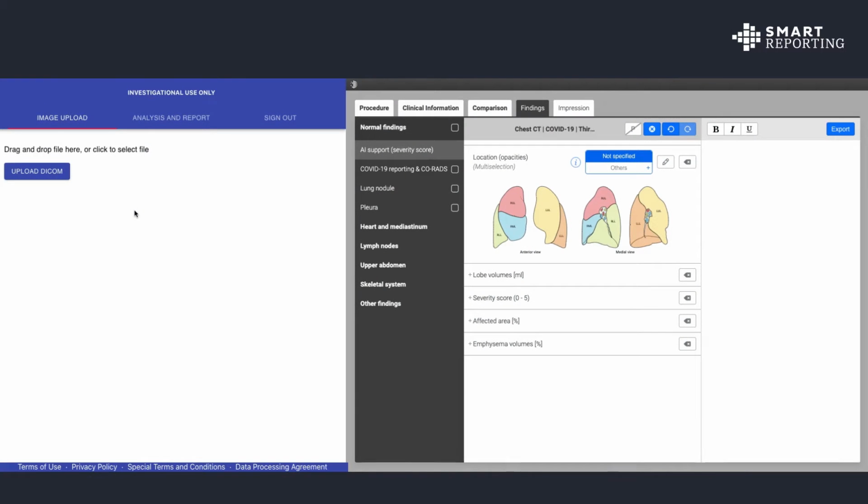On the left side of the screen you see the interface of Tirona, where you can upload your imaging study, and on the right side of the screen you find the COVID-19 reporting template of Smart Reporting. In this template you can make selections either manually or automatically. If you make manual selections, you can simply do this by clicking on the affected lobe, for example, in